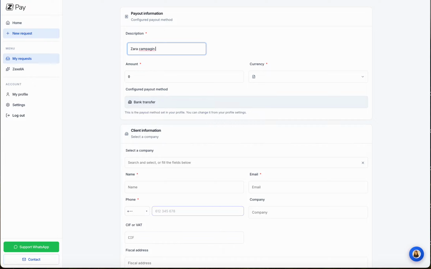For example, Sarah campaign verano 2026, and then you put the amount. This is before taxes, no matter in which country you are. Even if you are in Spain, you only put the base amount. Okay, and then you put the currency